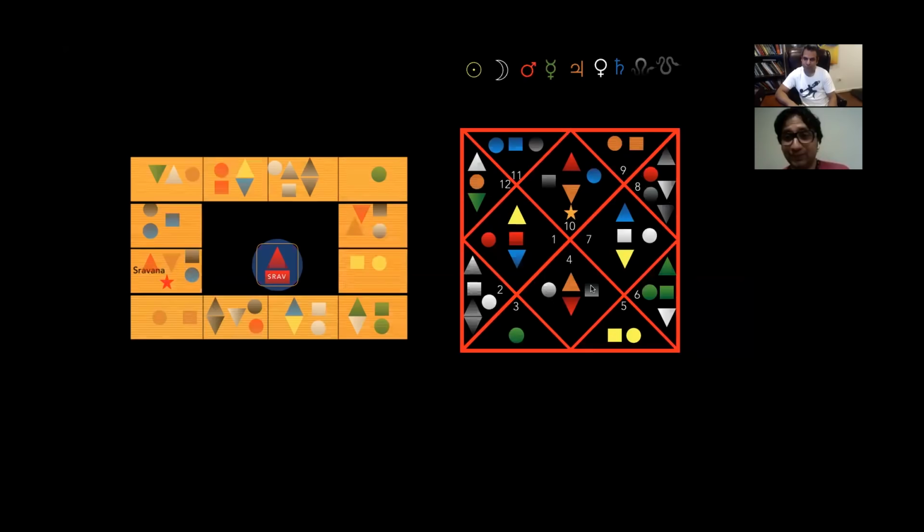in the 4th sign. Now, remember, the 4th sign is the 7th house, right? The Moon, the Nakshatra Lord, controls the 4th sign, Cancer, which is the 7th house with respect to Shravana. So now you can say the dynamic balance of Jupiter's Rashis is coming into play with respect to